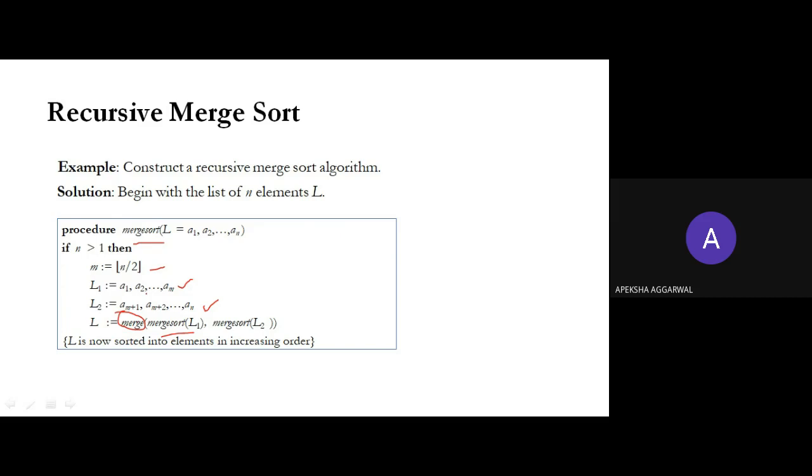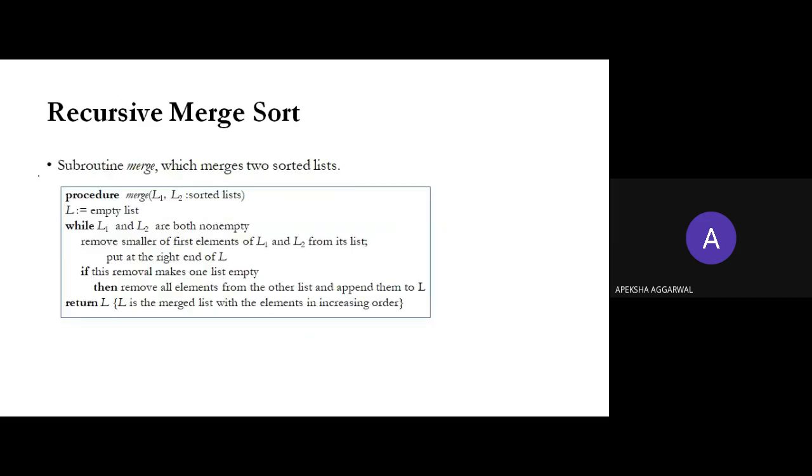Whenever you get the last L1 having one or two elements, it will return some element. That is only one element in the left sublist and one element in the right sublist, and then merge will start working. What merge will do is compare those two elements, shift the pointer to the right, and keep on comparing the elements in the two sublists, right? So let's see the merge function.